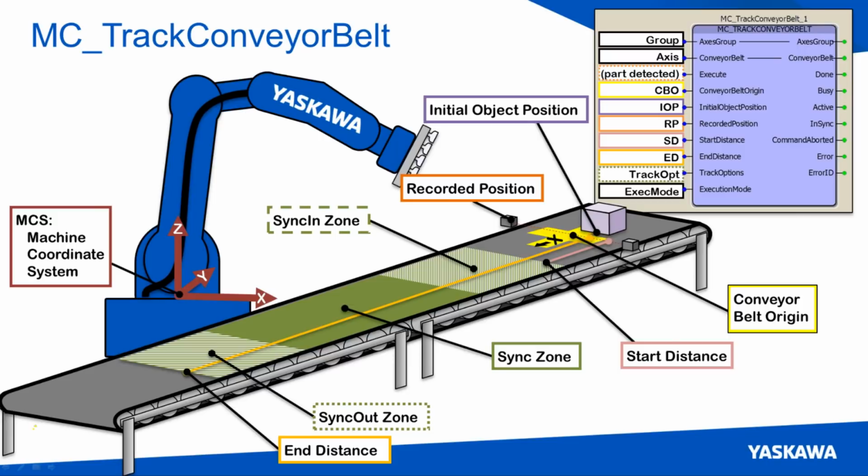Before we start, we have to define the conveyor belt origin, the start and end distance and track options of the synchronization zone, the initial object position, and the execution mode. And then once we're ready to go, we'll put in our recorded position and execute the function block. The sensor does not need any sort of special latch. Once you set your latch and you detect that position, the latching function will give you the recorded position that